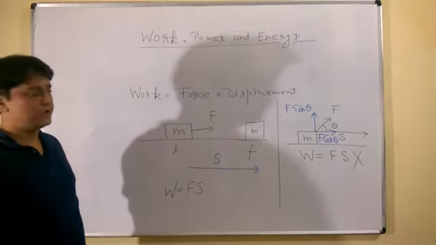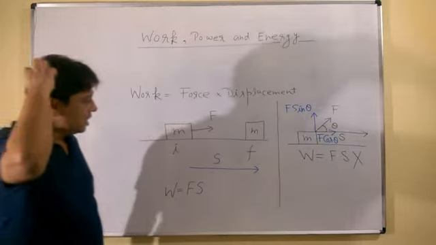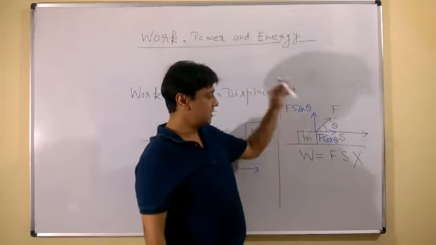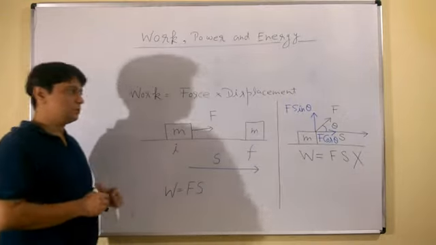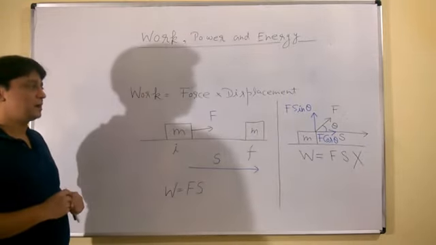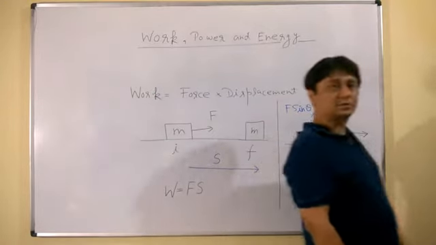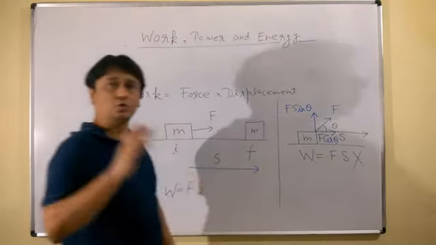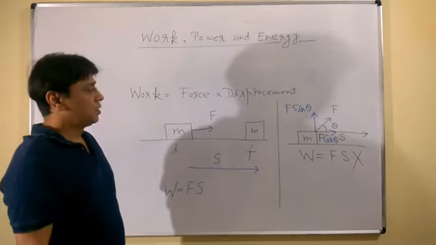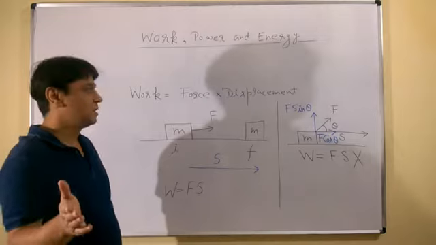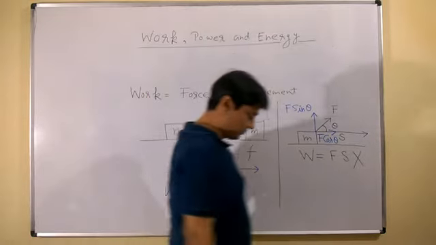These are the two components of force, F cos and F sin. And if I ask you what is the force which is responsible for this displacement, F sin theta or F cos theta,